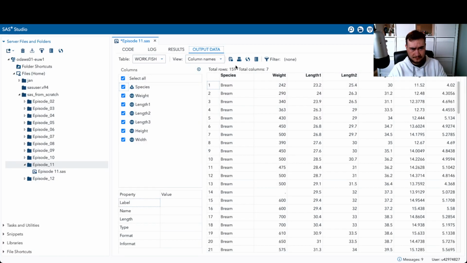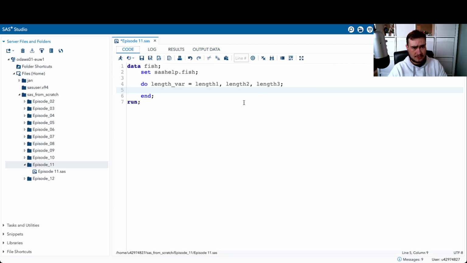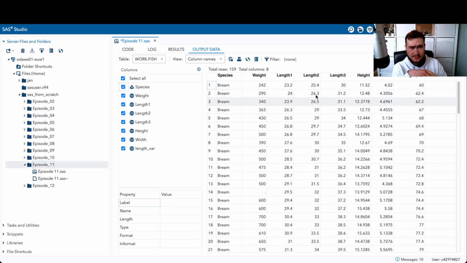We can do something like, let's say we want to double each of these lengths. So let's just keep track of what we've got in here. We've got 23, 25, and 30. So we expect to see 46, 50, and 60, so all around the 50, 60 mark, roughly, once we're done. So our length variable will in turn refer to length 1, then length 2, then length 3, all in the same row. So if we say length var equals length var times 2, that will go and double each of the values for length 1, length 2, and length 3 in turn. And if we run that,